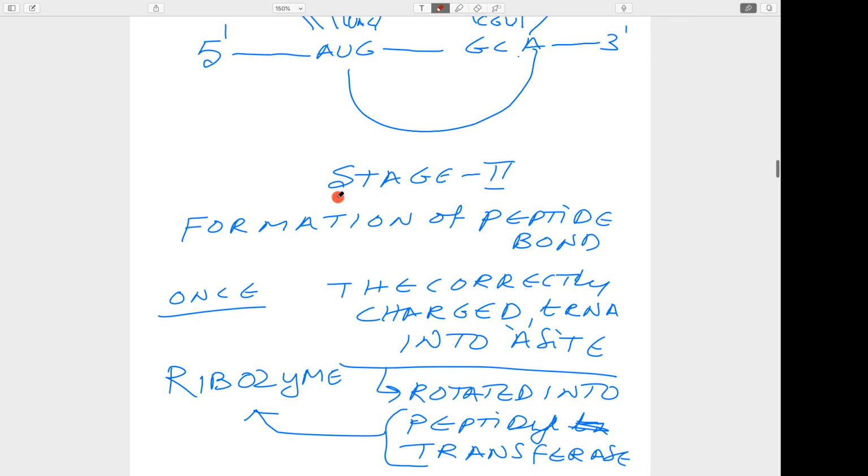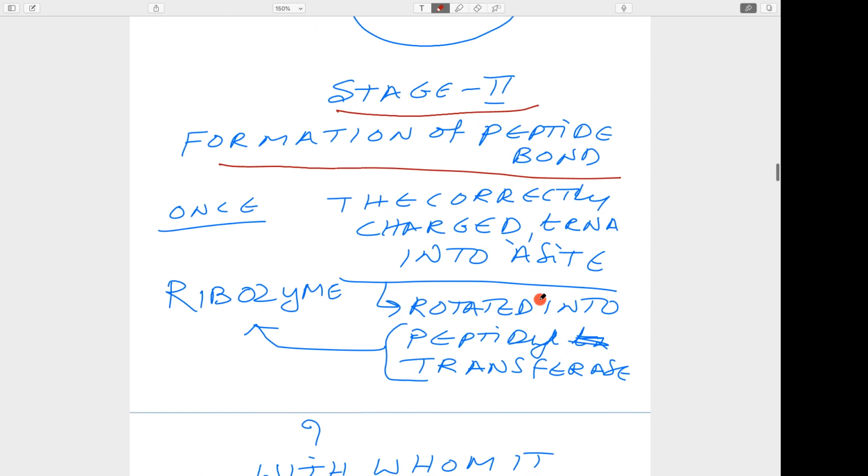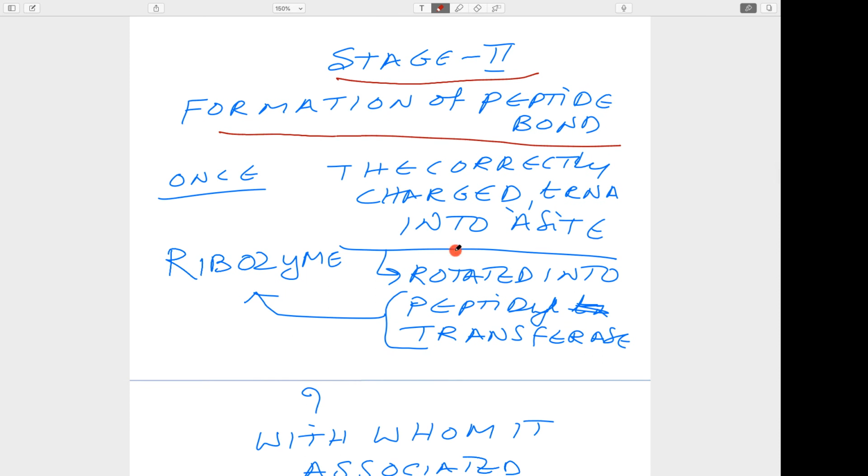Stage 2 is formation of the peptide bond. Here, once the correctly charged transfer RNA is in the A site,